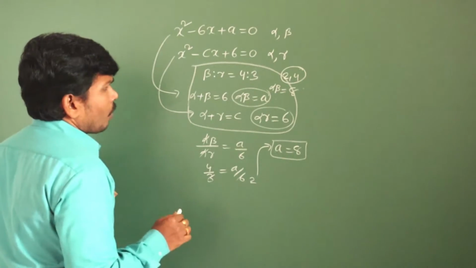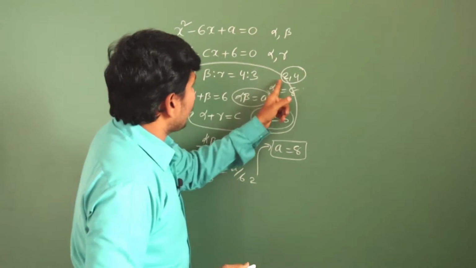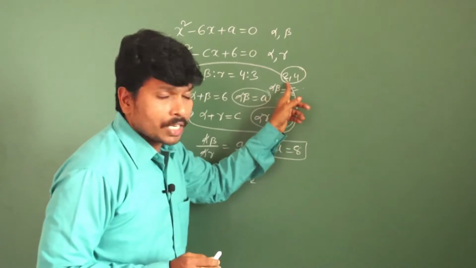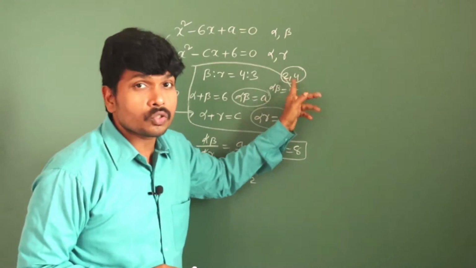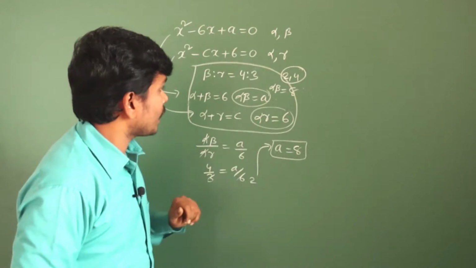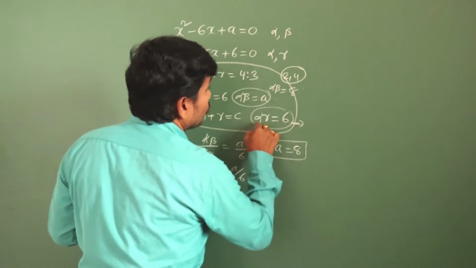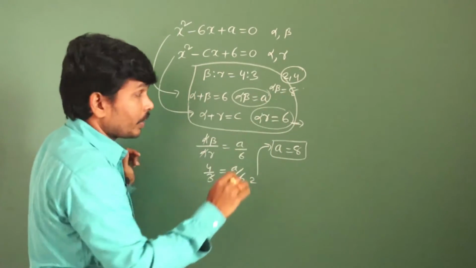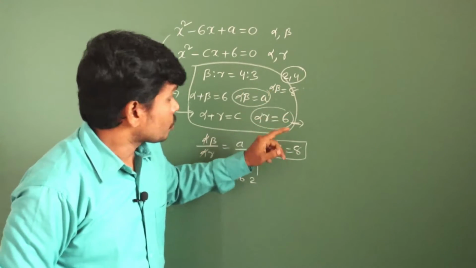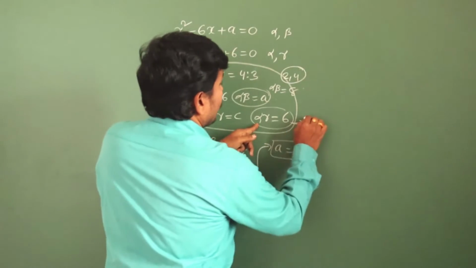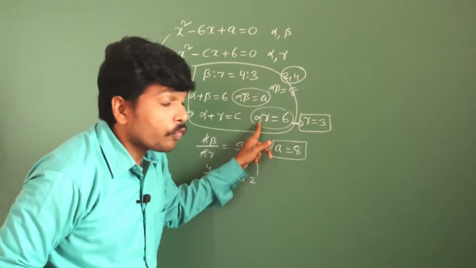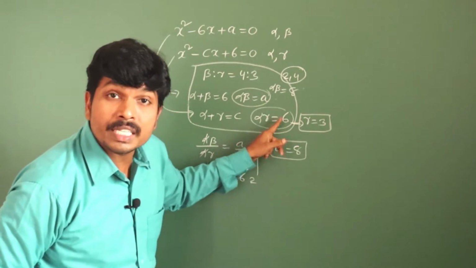Okay. Now here observe, alpha value 2 and beta value 4. Now for alpha you have a chance to take 2 or 4. But alpha gamma value is 6. Suppose you take alpha value either 2 or 4, because you know the product and the sum, but you don't know which is 2 and which is 4. So suppose alpha value is taken as 2, then your gamma value is 3. Otherwise, if alpha value is taken as 4, your gamma value is 6/4.